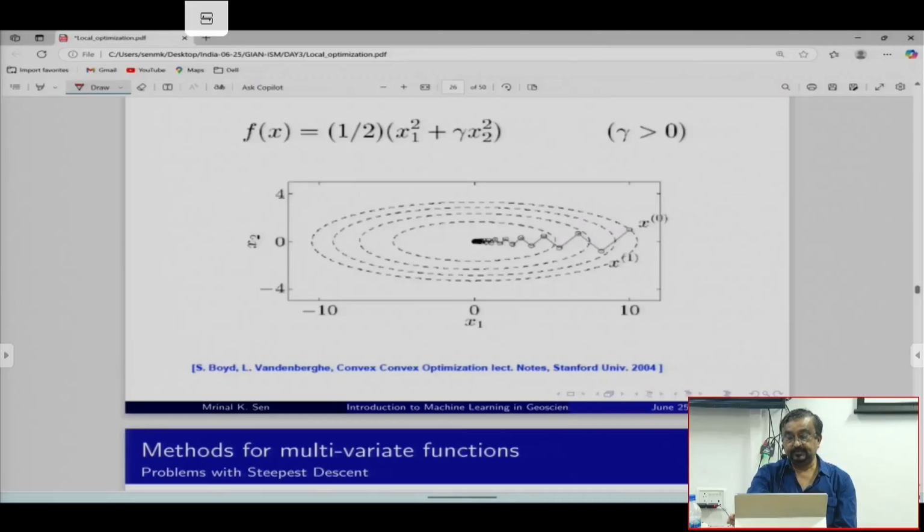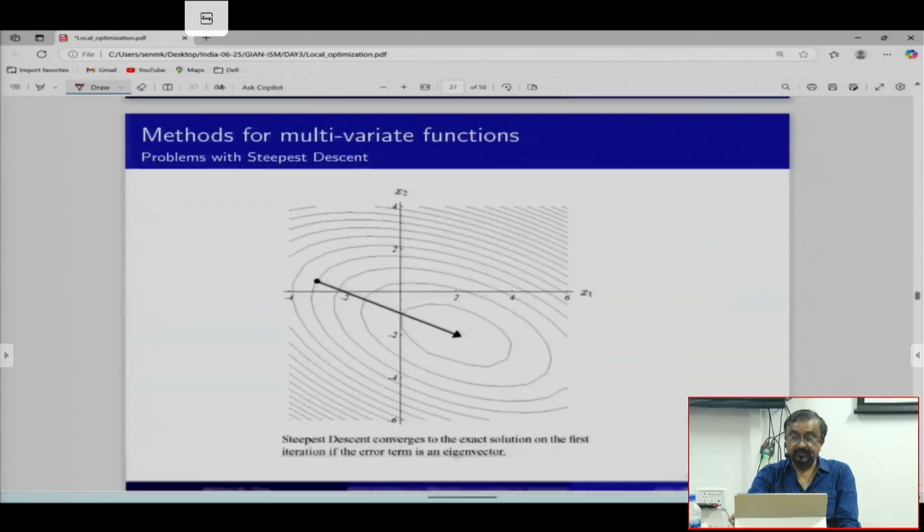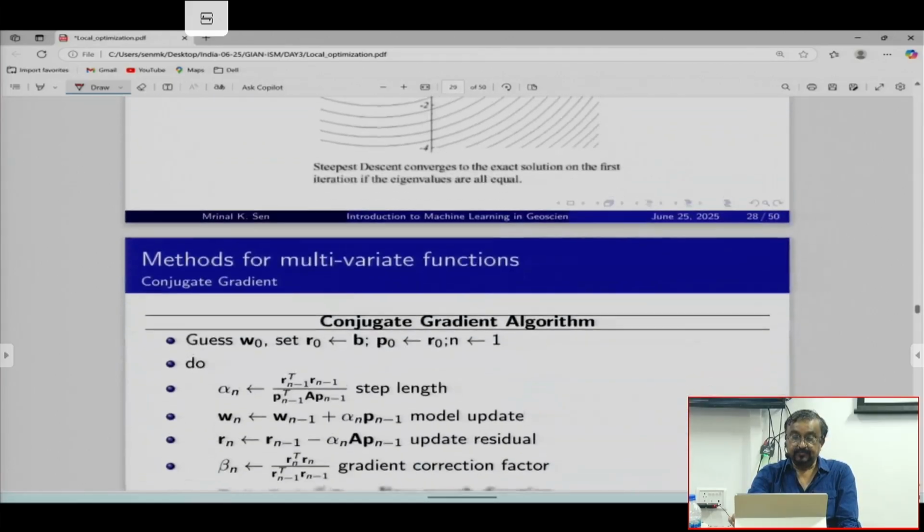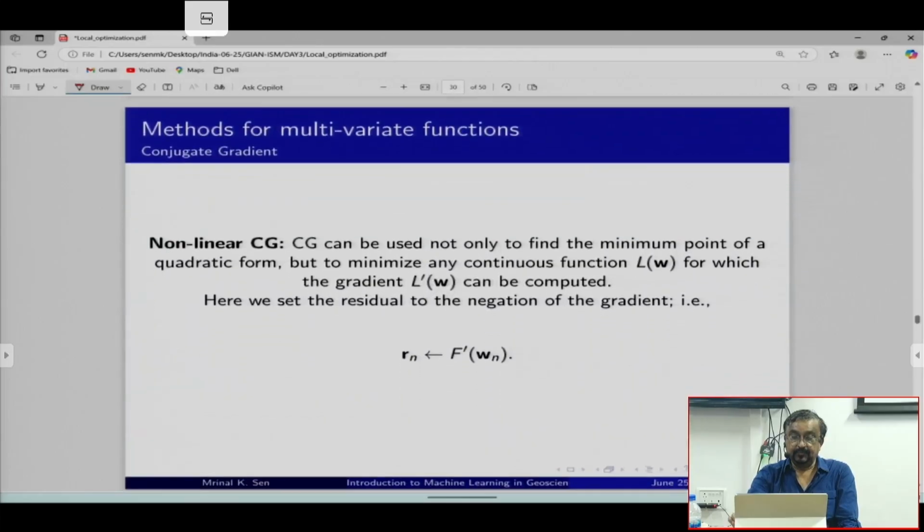Okay, so this is one of the very good methods, okay? And one problem that we run into with this method is that if a loss function has a very narrow valley, then it takes a lot of iterations to get there, okay? So gradient descent works well, but it can be very slow. It can take a lot of iterations. To avoid that, there are other methods, but we will look at